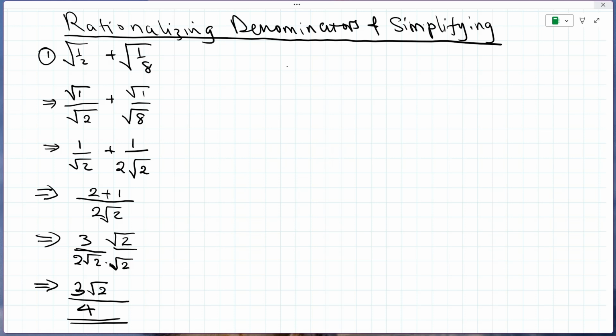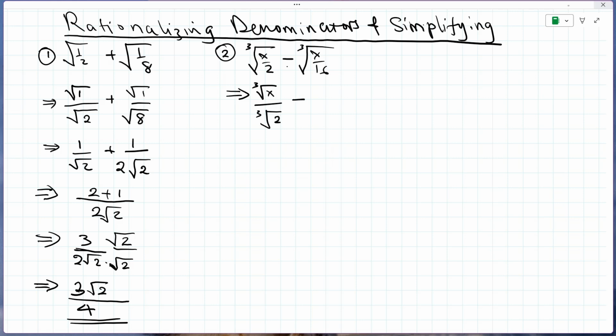Right, let's try a second example, which is a little bit more complex, but I hope we can follow. Let's suppose you are given cube root of x over 2, and they say minus cube root of x over 16. Now, we can again rearrange this in the normal fractional format. So this will be cube root of x divided by cube root of 2